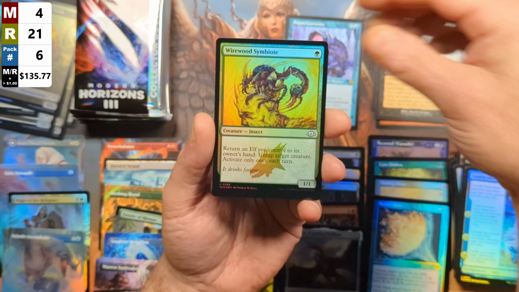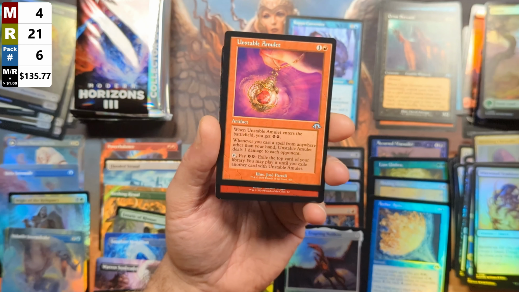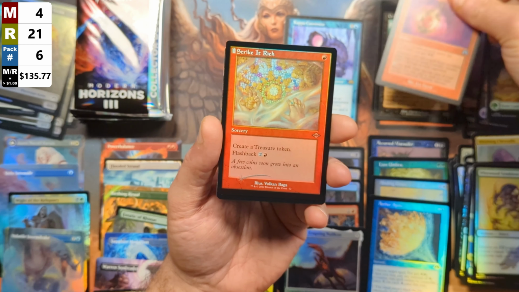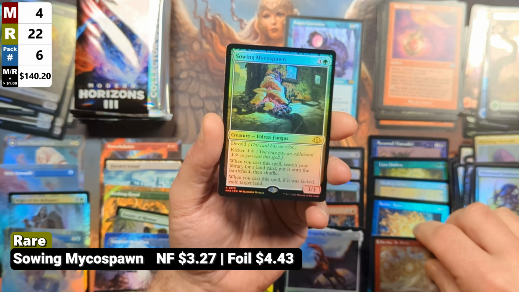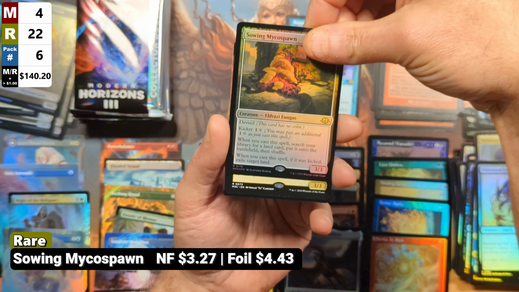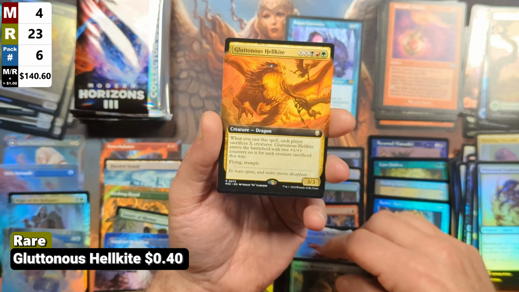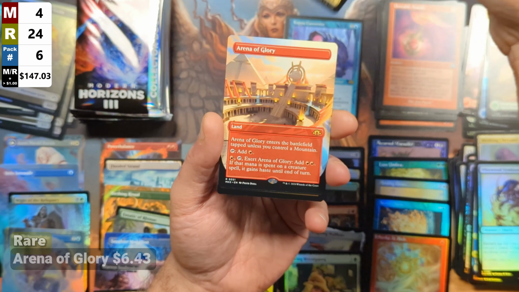with a Wirewood Symbiote, followed by a Forest. Then we've got the Unstable Amulet as a retro, with a Strike It Rich as a retro foil. And our main set rare is going to be a Sowing Mycosynth coming in out of green. Does hold some value. Then we've got ourselves a Gluttonous Hellkite coming in from the Commander subset, with an Arena